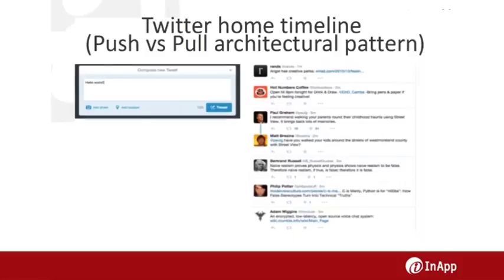And whenever one of the people you follow tweets, an event gets posted into the system, and then that gets consumed by a fan-out service. What that fan-out service does is look up all the followers of that user, and then it updates an area in, I think it's Redis, an area in Redis